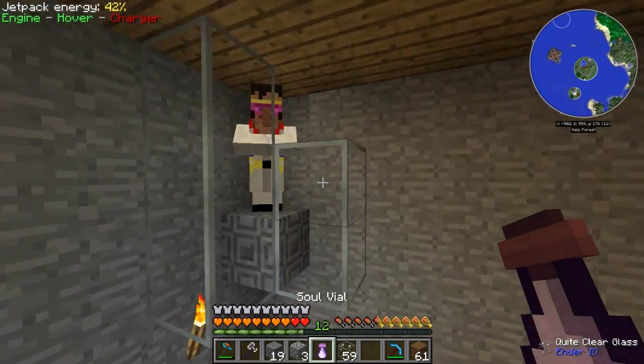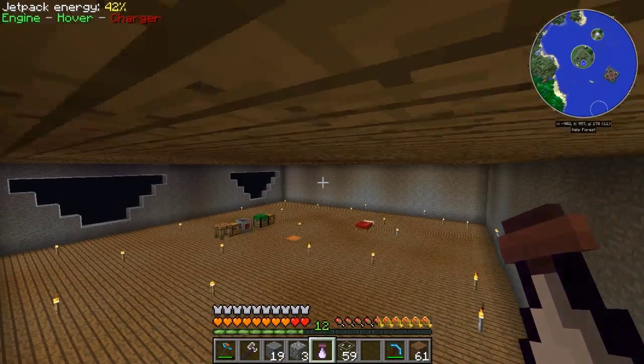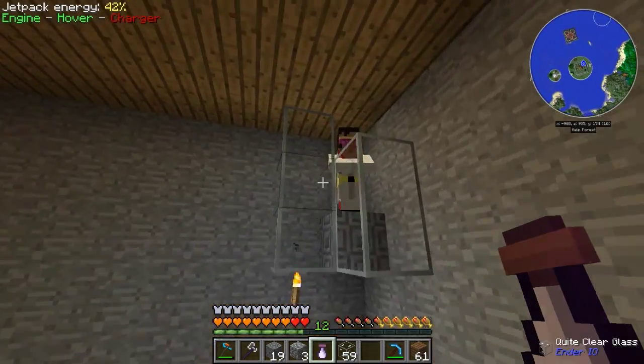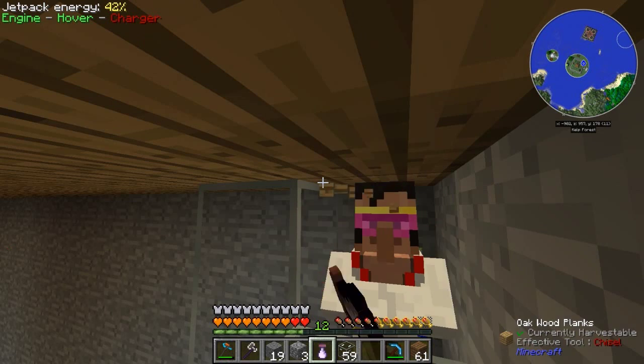Alright, I need you. Alright, how am I going to get you in there? No, I can't go. There's a smeltery in that corner. Alright, bam. Okay, let's break...